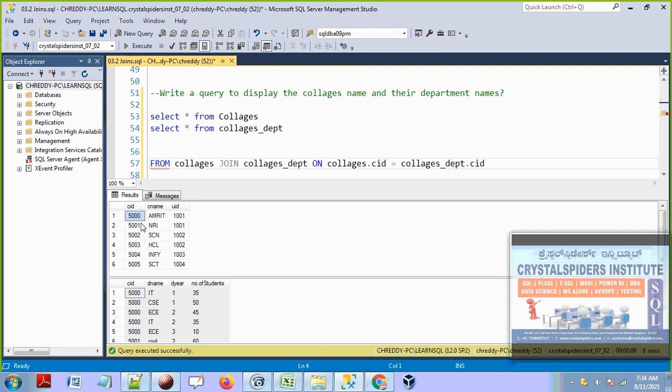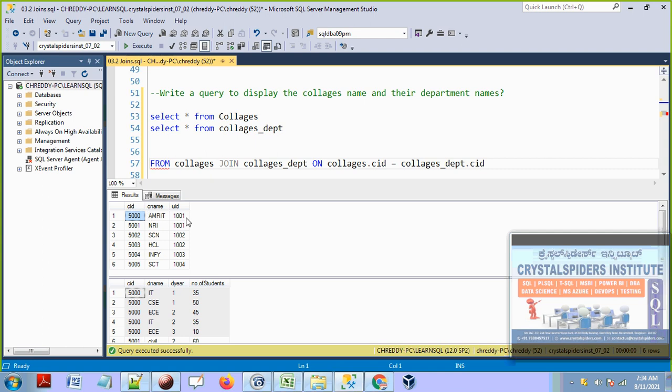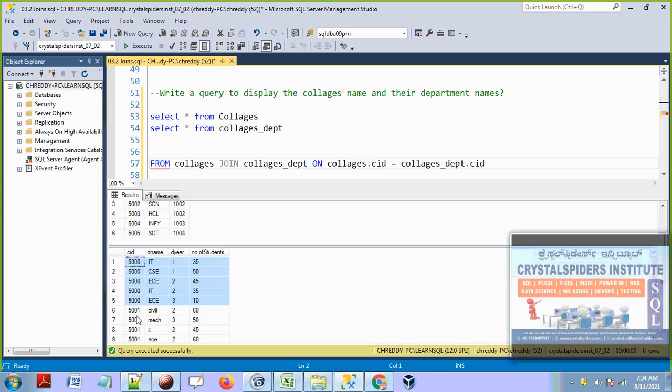Let's say this 5000 is matching with the 5 records here, right? And these 5 records will simply join with this record, AMR ID. That's it. And 5001, how many records are going to match? This is all 5001. It is also similar, 5 records will match. So this is what, guys, and now we are going to see this.